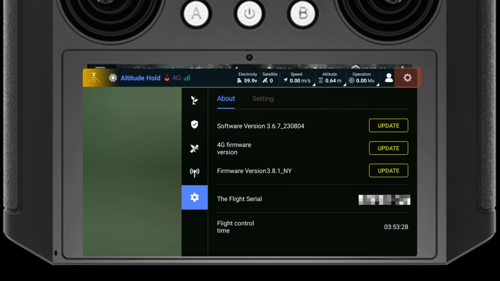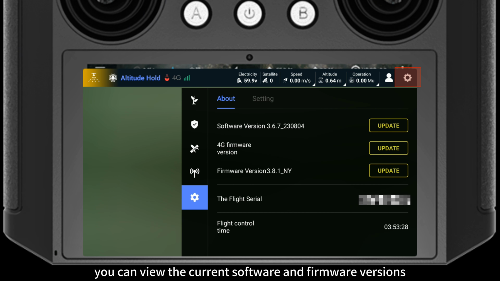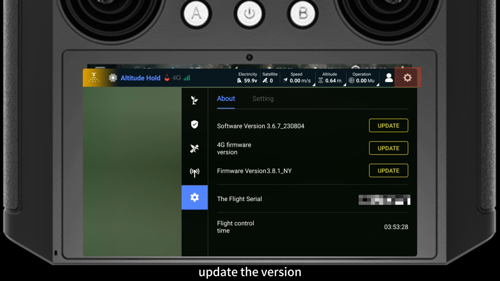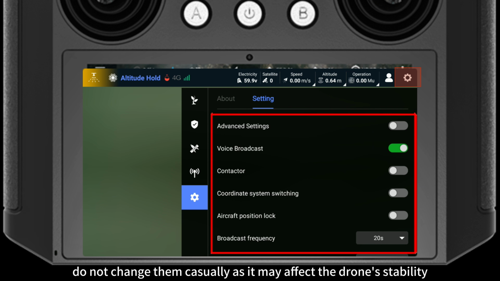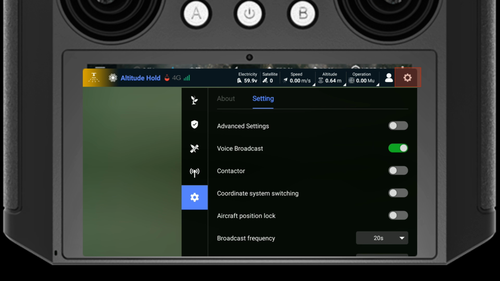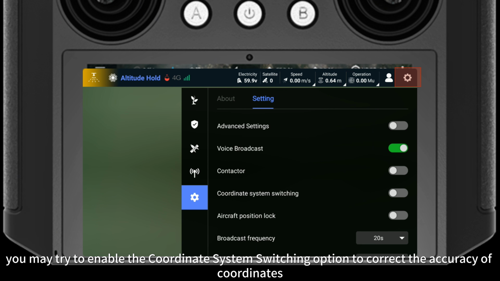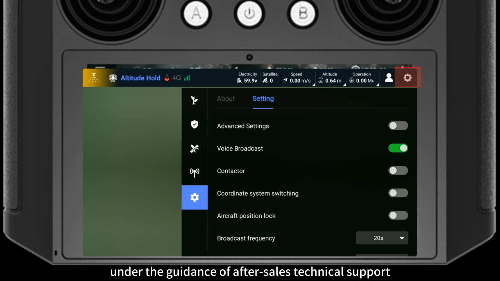System setting. In About, you can view the current software and firmware versions, update the version, and see the flight control serial number here. These settings are advanced. Do not change them casually as it may affect the drone's stability. Notably, if there is a significant coordinate deviation, you may try to enable the coordinate system switching option to correct the accuracy of coordinates. Under the guidance of after-sales technical support,